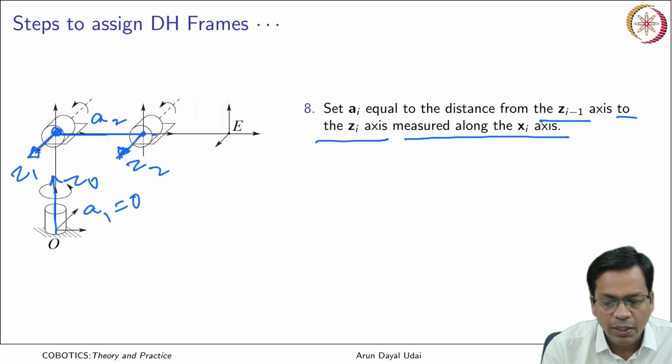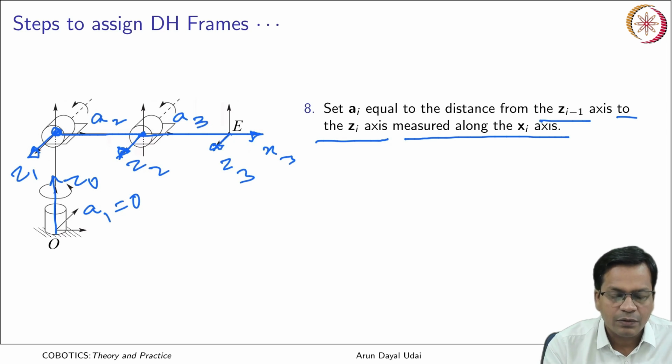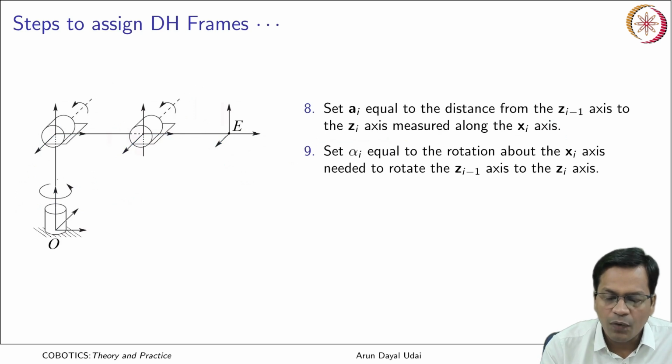From here to here again you have a common normal, okay, that is x3 coming here, and this is your a3, okay. So these two are link lengths, and this was your joint offset that takes you from O0 to O1, okay. So alpha i is equal to the rotation about the xi axis that is needed to rotate from zi minus 1